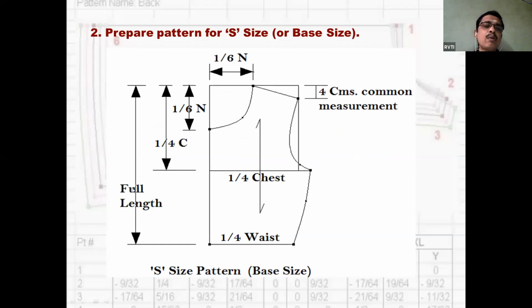Here I am applying full length, which means the variable quantity is 1. So 1 into the size interval equals the increment. You know very well, I already told you: increment equals size interval into variable quantity. Suppose here I have to apply 1/4. How can we calculate the increment? The size interval here is 4 centimeter, and the variable quantity is 1/4. So 4 into 1/4 equals 1. So 1 centimeter or 10 millimeter is the increment here.